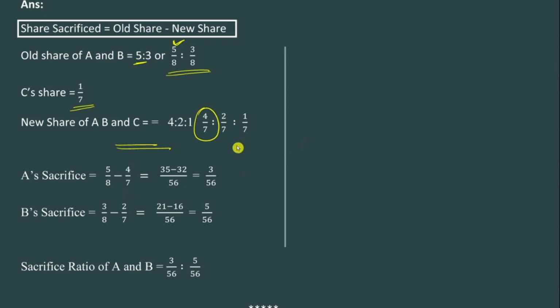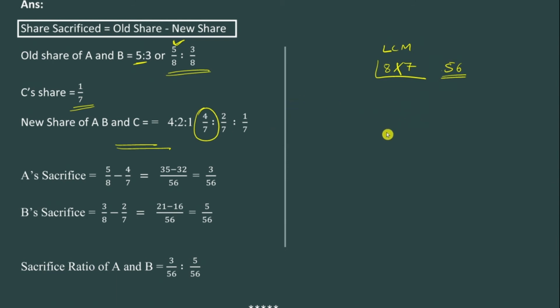You can use any of the methods here. The shortcut method will be very tricky, so we'll use the regular method, that is the LCM method. To find the LCM, take the denominators 8 and 7. Find a number that divides both 7 and 8. You can't find one, so you multiply them. That's how you find the LCM. The LCM is 56.